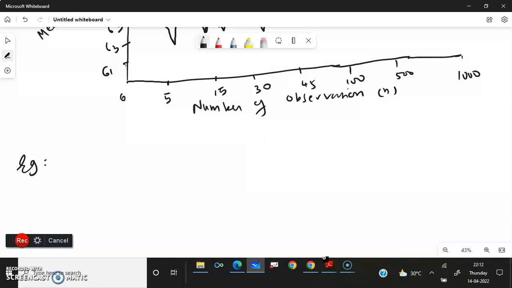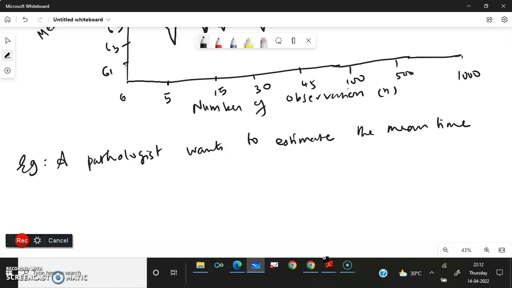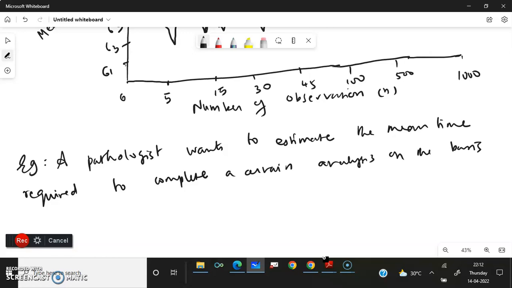A pathologist wants to estimate the mean time required to complete a certain analysis on the basis of a sample study, so that he may